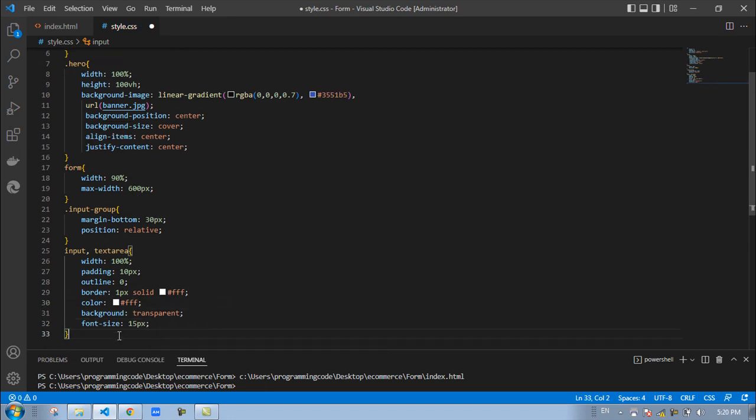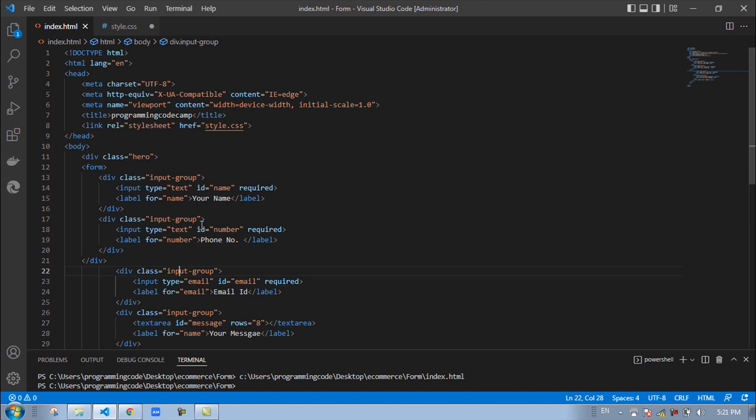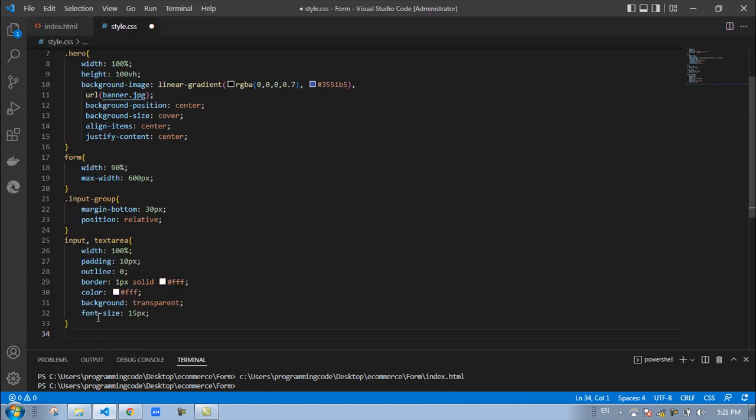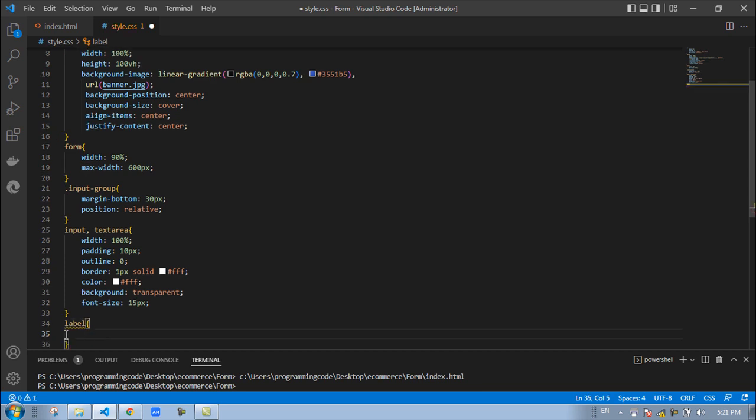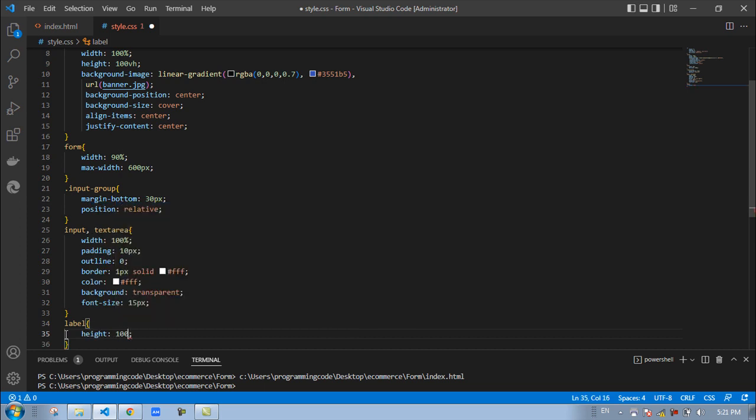So we should go ahead and design the label. For this one we have got the label. We can copy this label from here, copy this one and bring it to the CSS file. You can paste inside here, open the brackets, you can select this height, size 100 pixels,